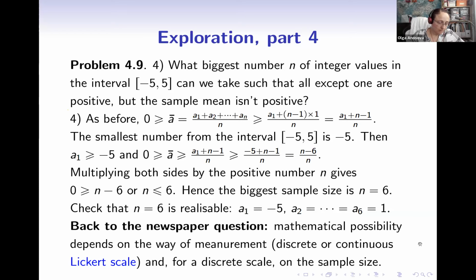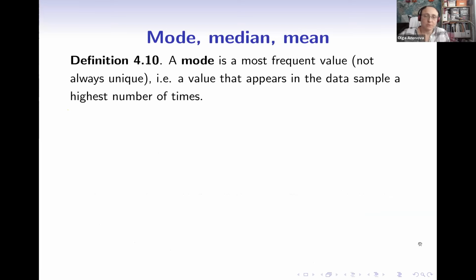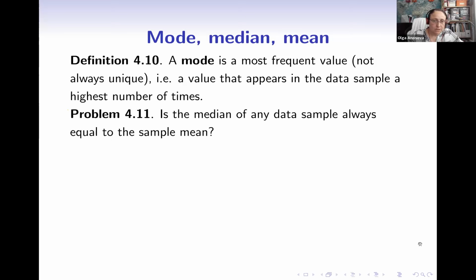Right, but let's move further and remind ourselves of several possible ways to evaluate a point estimate. So also the mode is used quite often, and it's the most frequent value. So let's compare all those three numbers. So the question is: is the median always equal to the mean? What do we think? The median is the middle of the sample. We've covered that already when finding percentiles. So what do you think? Is the median always equal to the sample mean?